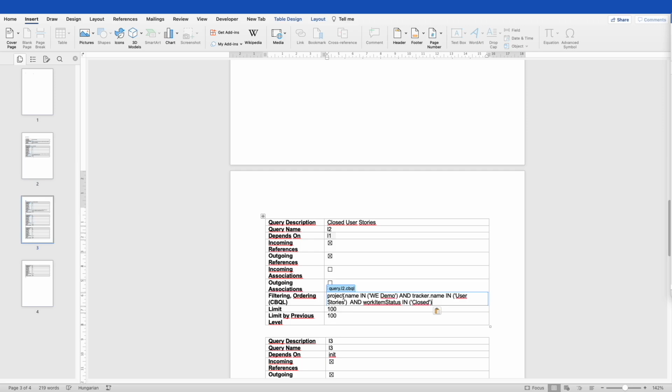Good. You can see again that I'm filtering the same project and I'm filtering different trackers. This time that's the user stories. And again, I'm using the same filtering for the work item status. And one thing I haven't mentioned so far. When you define these CB formulas, I would strongly recommend to cross-check in Codebeamer that these formulas are